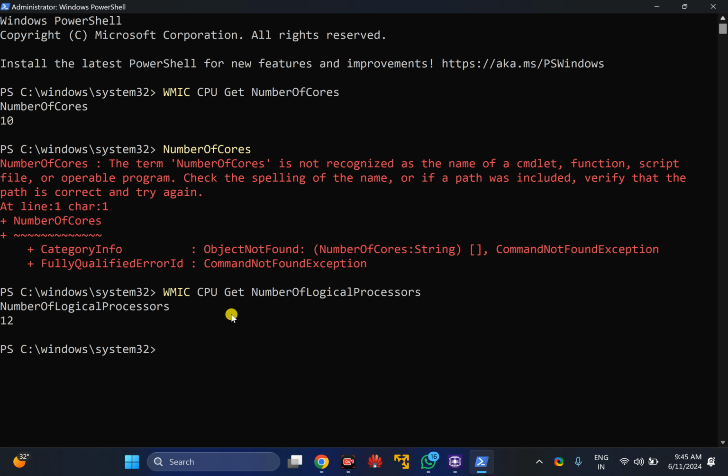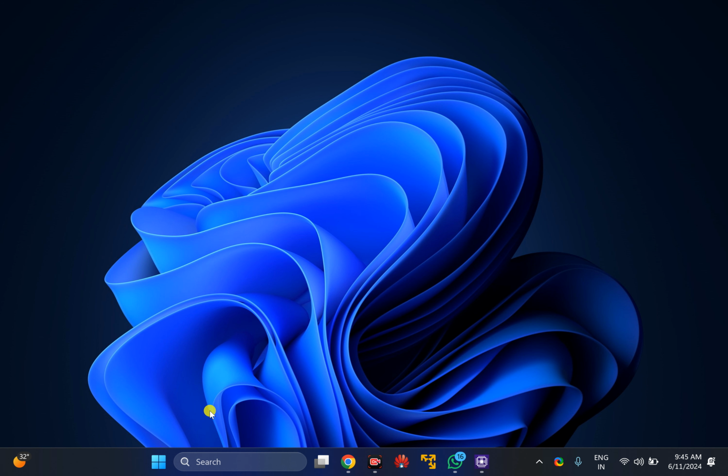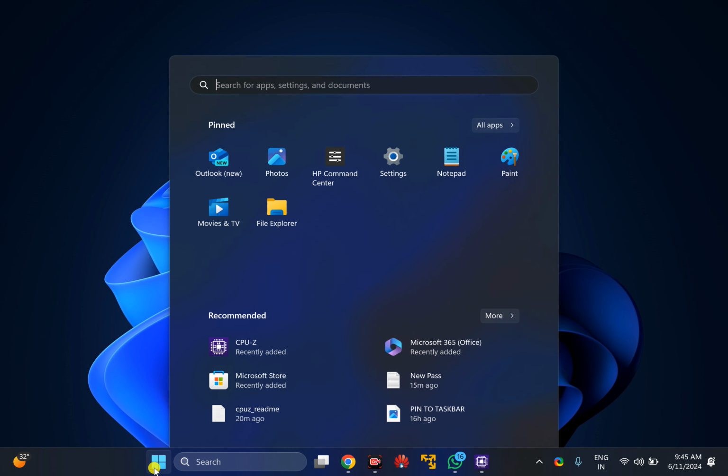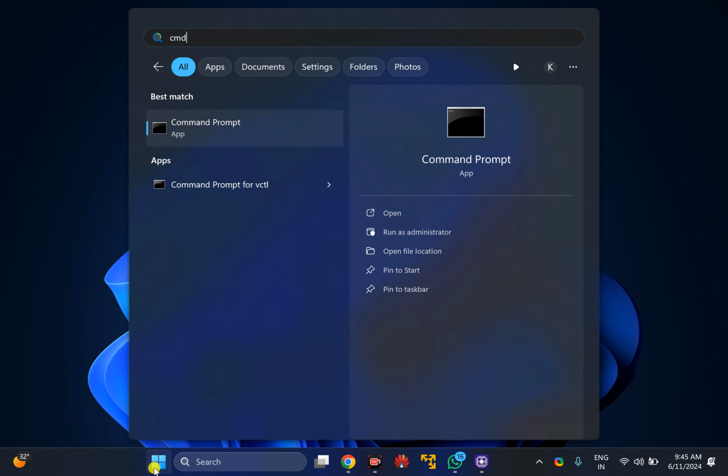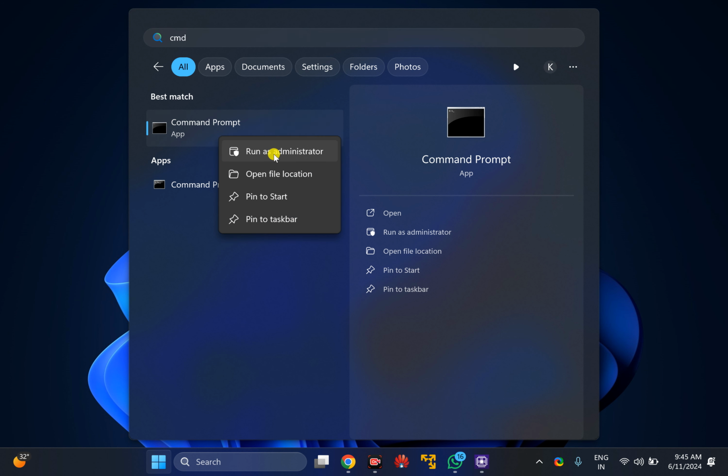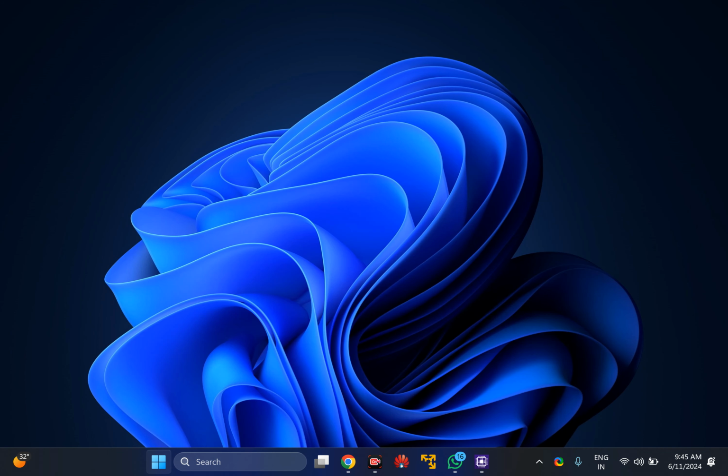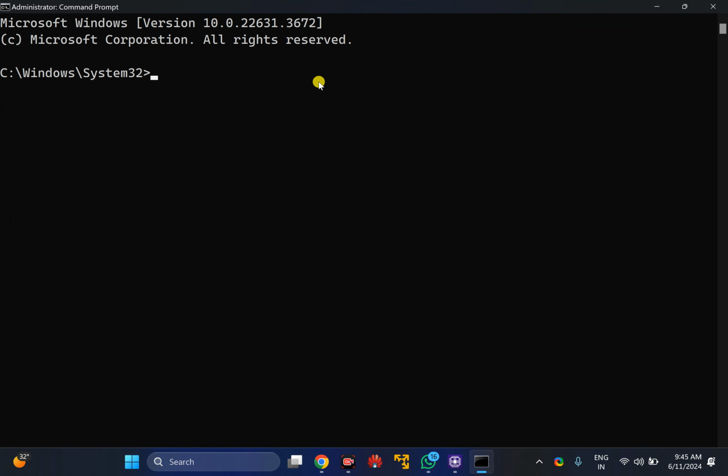Next method is through Command Prompt. For that, click on this Start button, type here CMD and right click on the Command Prompt entry, select the Run as Administrator option. In case Windows prompts, click on the Yes button. In the Command Prompt window, you need to type the same command, WMIC CPU get NumberOfCores, to get the number of cores.